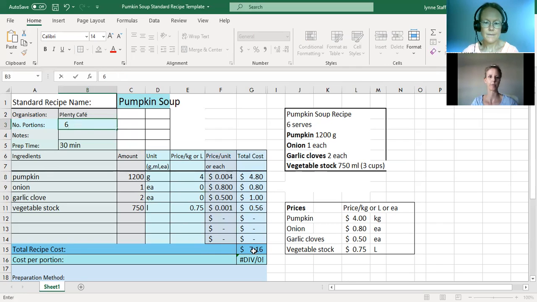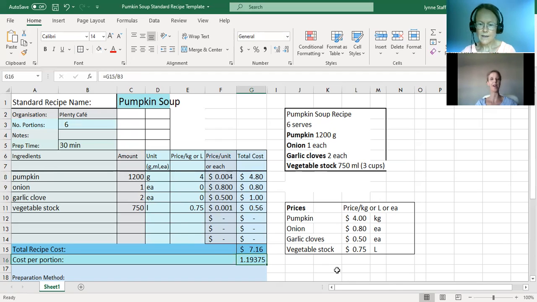Great. Done. And so can you read the cost per portion out for me, please? $1.19. Yep, exactly. So that gives us the information we need to cost out the end sale price of the